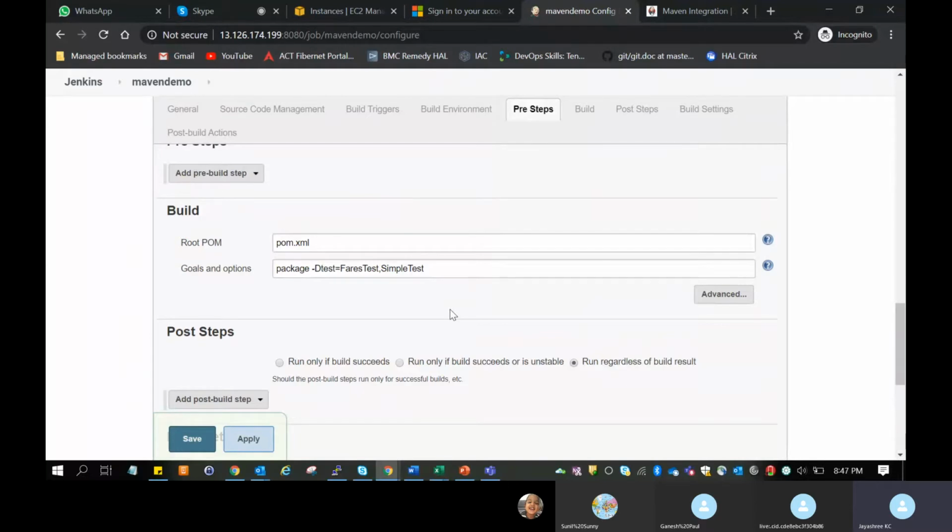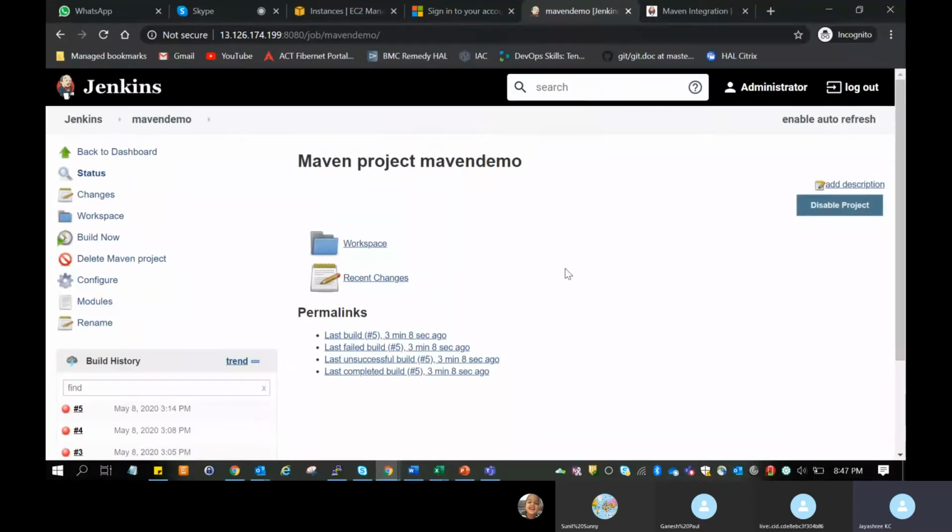Okay, remove the test, comma. Just seeing if it works for a single package. Save it. Build now.